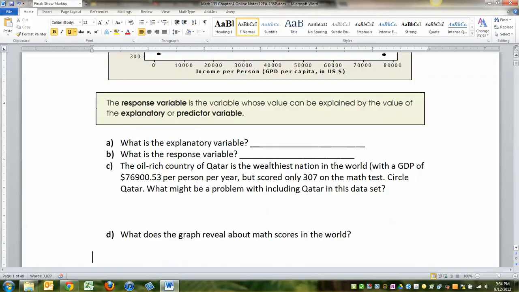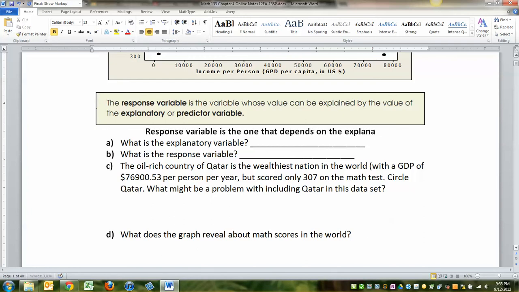The response variable is the variable whose value can be explained by the value of the explanatory or predictor variable. All right, well, that definition's a little fuzzy, but let me just say that in general, the response variable is the one that automatically changes because of a change in the other variable. Let me put it this way. The response variable is the one that depends